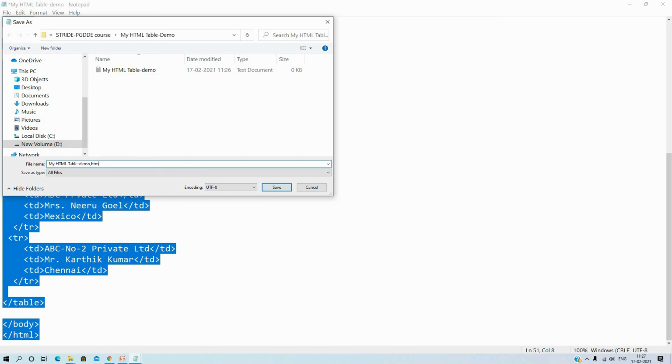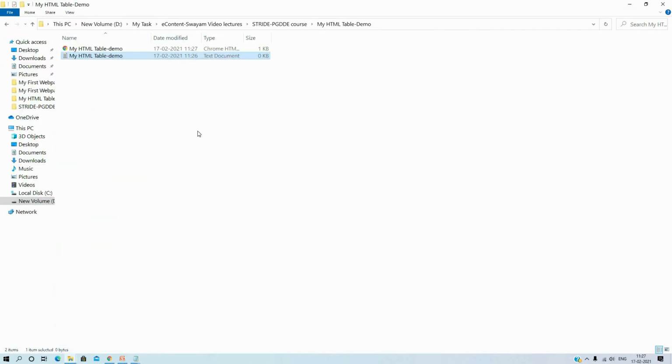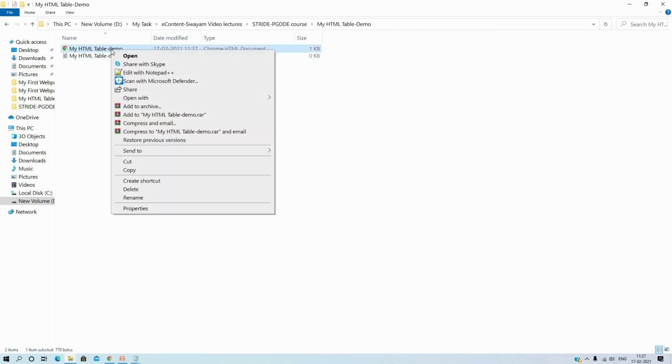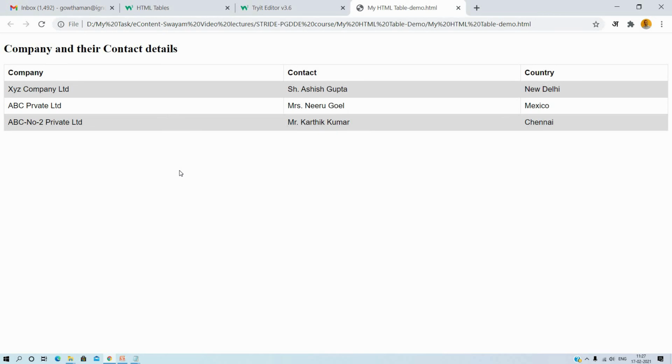Save this. Then open that file in the browser. I have set Google Chrome as the default. I am opening that file, and you can see the same output. You have seen the company and their contact details, and the three records we modified are repeated here.